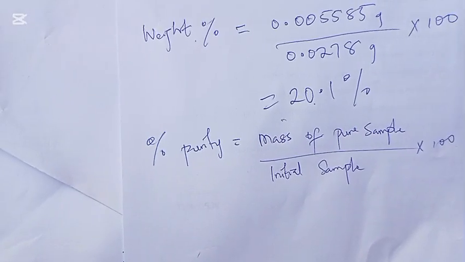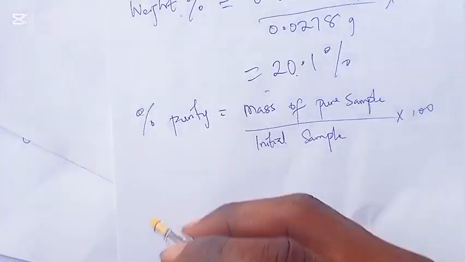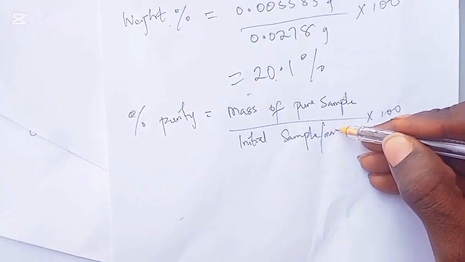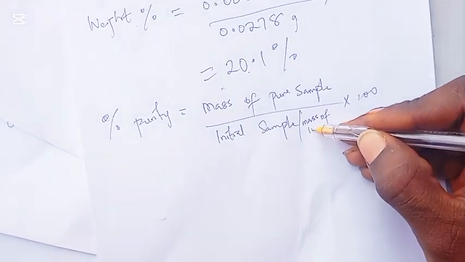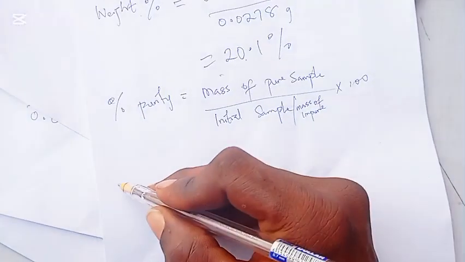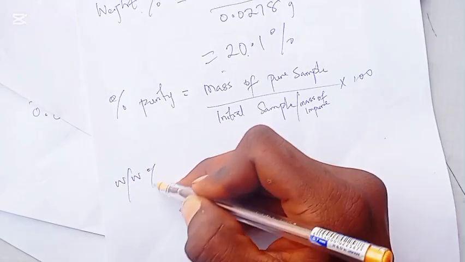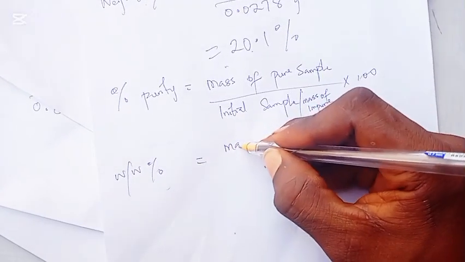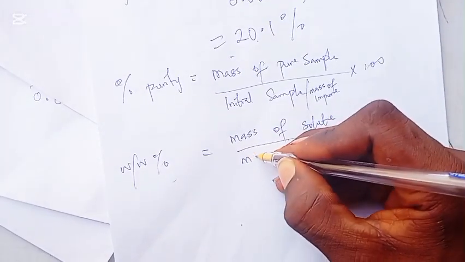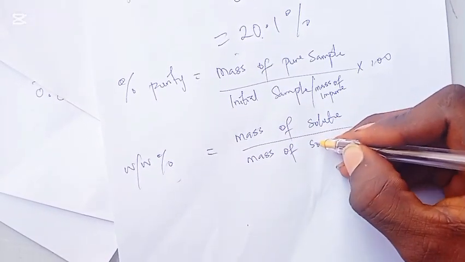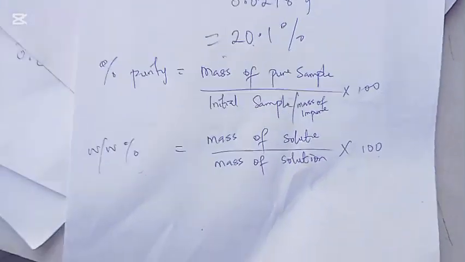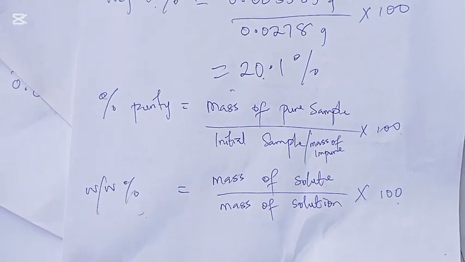That gives you percentage purity. While weight percent is simply mass of solute all over mass of solution times 100. So notice they are almost the same thing, but how you differentiate is